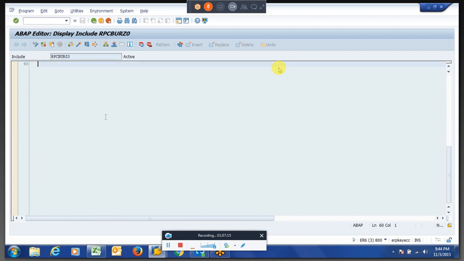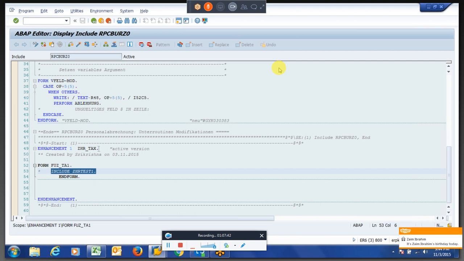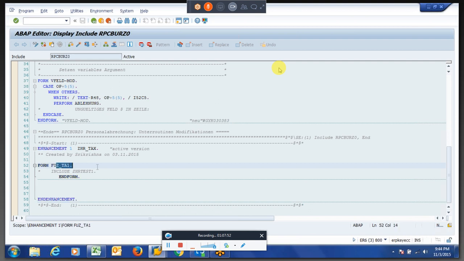So if you come down, this is the form we created. This was anyhow the comment line. We just started the form and we said end form. Even though there is no logic in between that we have built up as of now, it won't matter. So you can ask the ABAPer to build some logic somewhere in between these two lines so that you can use the particular function you have created, right? The ZTA1 function, you can use in the parameter 1 of the PCR and you can get the things, right?